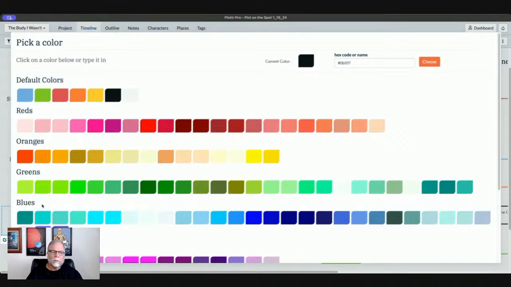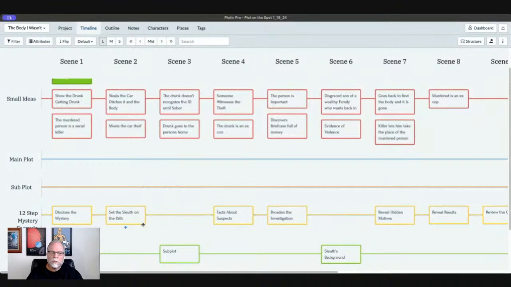And let me change the color of this. We've got all these things down here, so it changes to a funny color. All right, so first of all, we're going to disclose the mystery, right? So we've got the drunk guy, and we're going to disclose the mystery, perhaps. Okay? Does everybody like the idea of using the 12-step mystery formula? Because we've got kind of a mystery thriller going on here. Any objections to that particular formula? Okay,